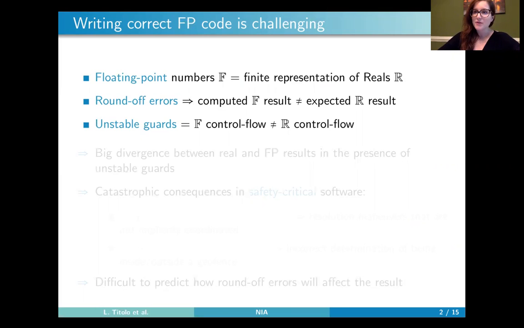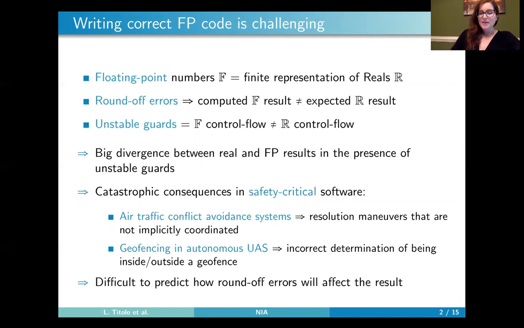In particular, when this round-off error affects the evaluation of the Boolean guards inside an if-then-else, we can get the phenomenon of unstable guards. In this case, the floating point control flow of our implementation can differ from the ideal real number specification we have in mind. This makes the gap between real and floating point results even bigger, and this can have catastrophic consequences in safety